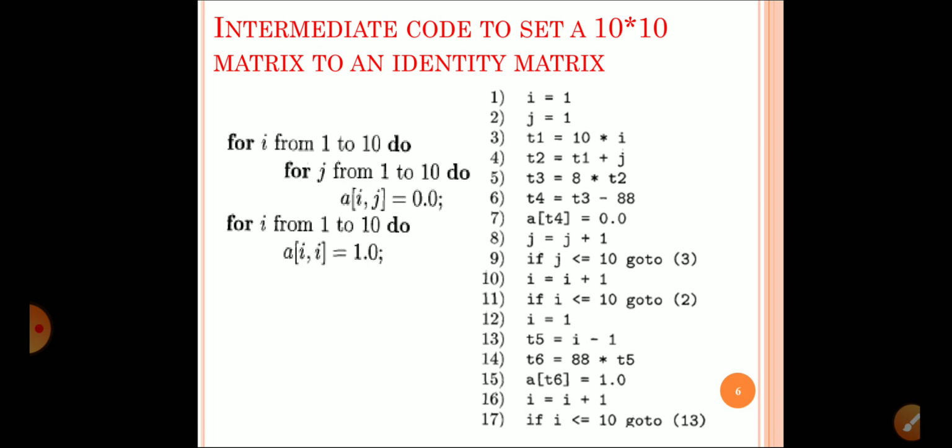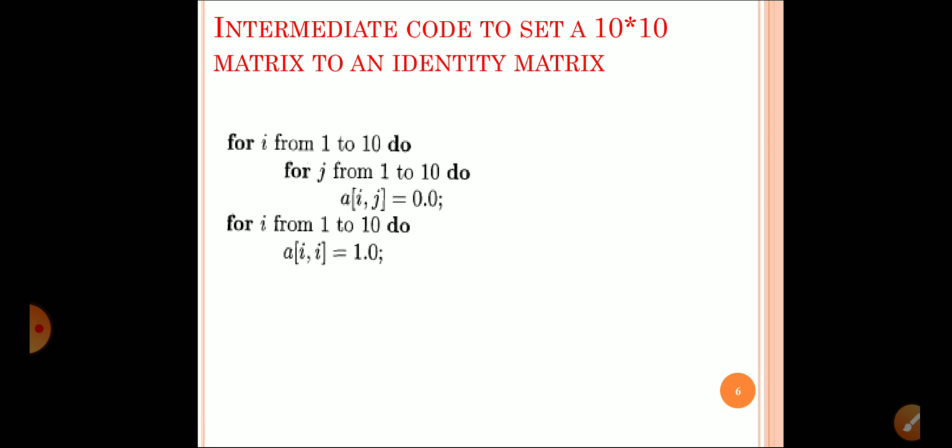So in order to find the other leaders from this set of 17 instructions, we have to find where the jumps are. Considering this, you can see that the jumps are at statement 9, statement 11 and statement 17. So if we apply rule 2, what does rule 2 say?